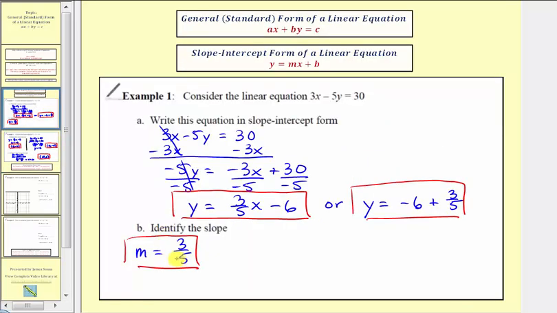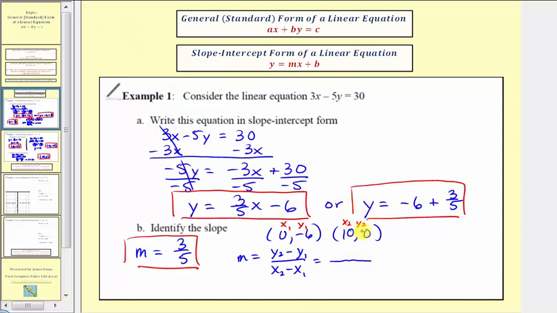Again, here we found the slope after we put the equation in slope-intercept form. But if we didn't do this, we could have found the vertical and horizontal intercepts and used the ordered pair 0, negative 6 and the ordered pair 10, 0 to find the slope using our slope formula, where we know the slope m is equal to y sub 2 minus y sub 1 divided by the quantity x sub 2 minus x sub 1. So if we call this ordered pair x sub 1 y sub 1 and this ordered pair x sub 2 y sub 2,